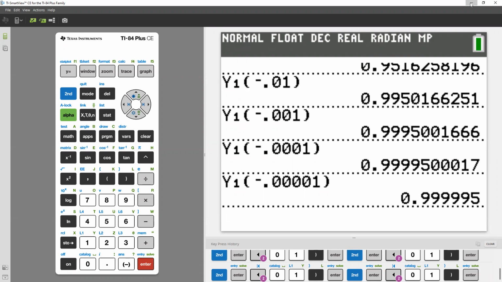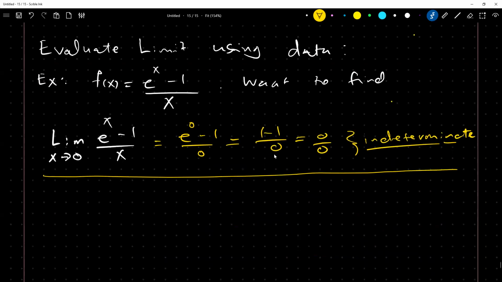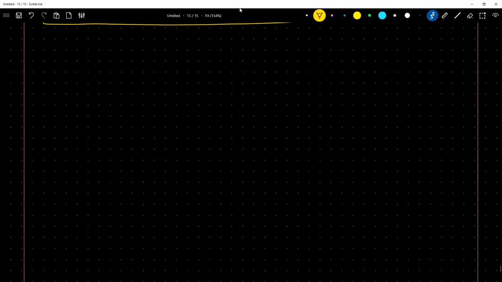So let's go ahead and write that down. So in order to take this limit, we have to take the left side limit and the right side limit. And just in case it's not clear why we have to do that, it's because if we try to plug in 0, we will not be able to, we get that indeterminate form. Okay. So the left side limit,